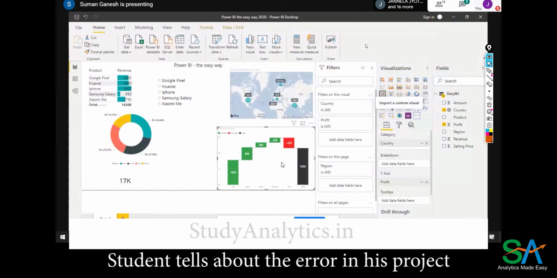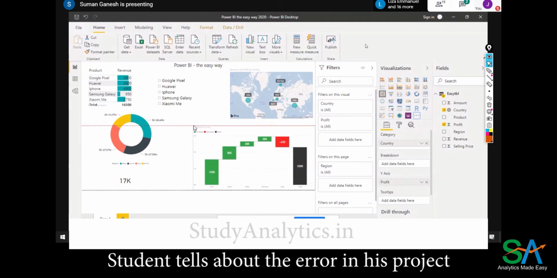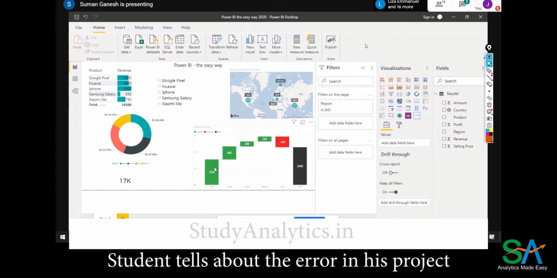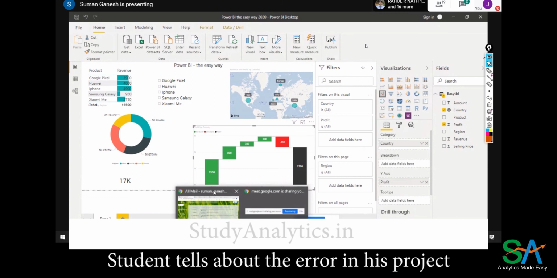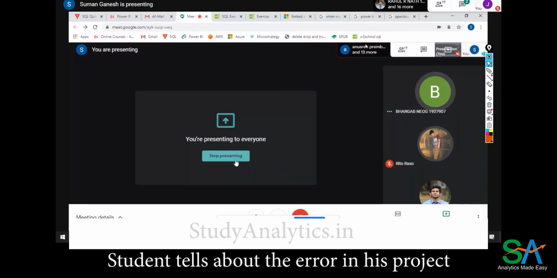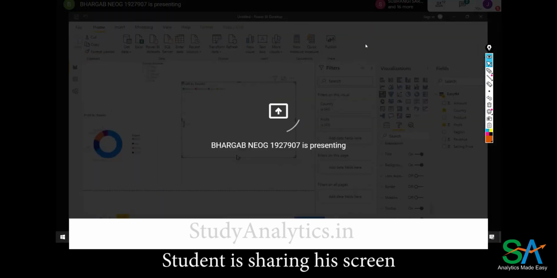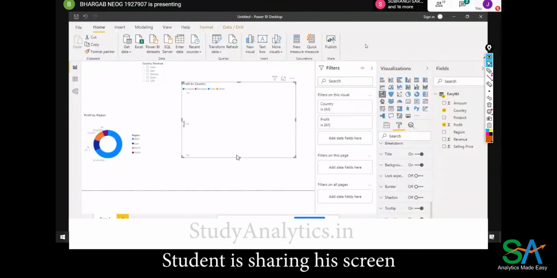Yeah. In here you have given the country and profit is there, no? Country and profit, yeah. But for me, no. Like, did you change any formats over here? Is there anything changed in the format style? Why? What are you getting? I'm getting a blank view over there. Okay, can you show it to me? Is it visible? Yeah.